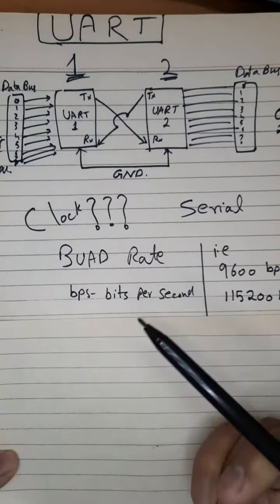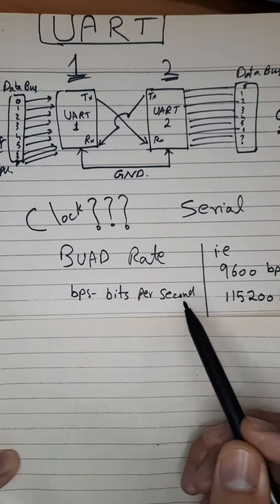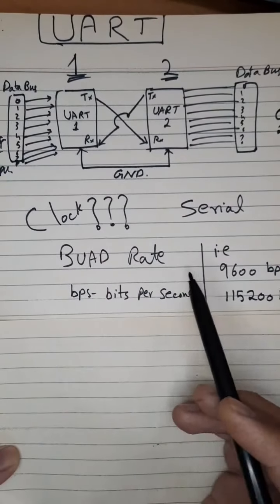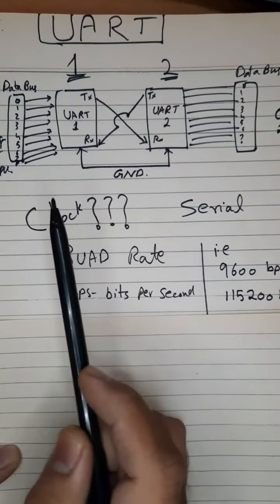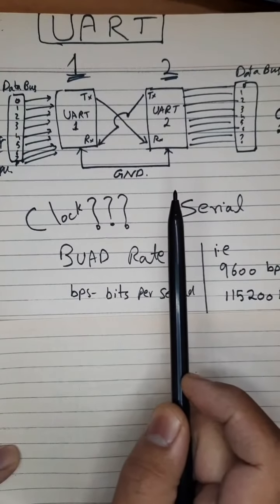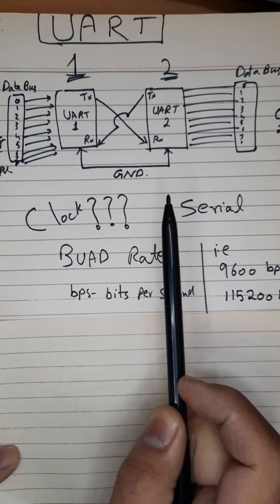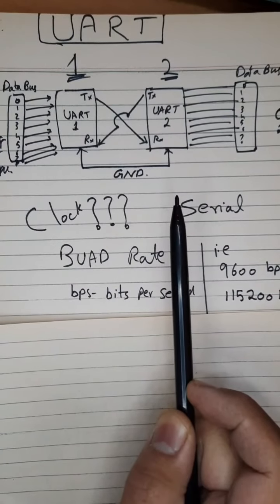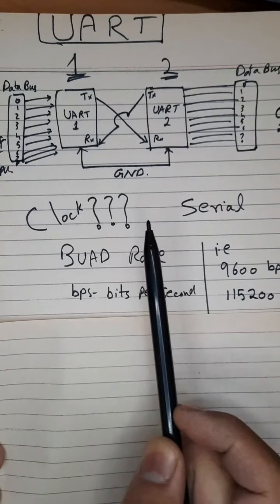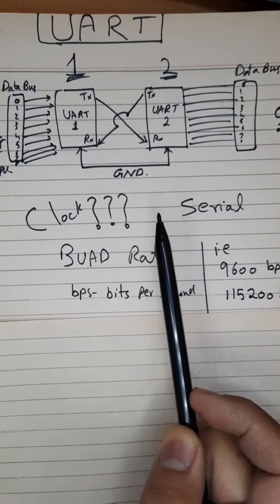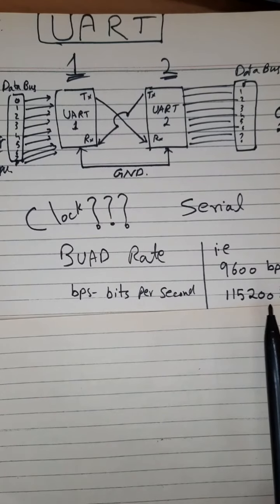Now I will tell you what baud rate is. Baud rate is a measure of the speed of data transfer, expressed in bits per second. Both UARTs must be on the same baud rate. UART 1 and UART 2 must be on the same baud rate. There's only a 10% tolerance, and if the timing gets out by more than that, communication may be disturbed. We usually use a 9600 baud rate for normal communication.